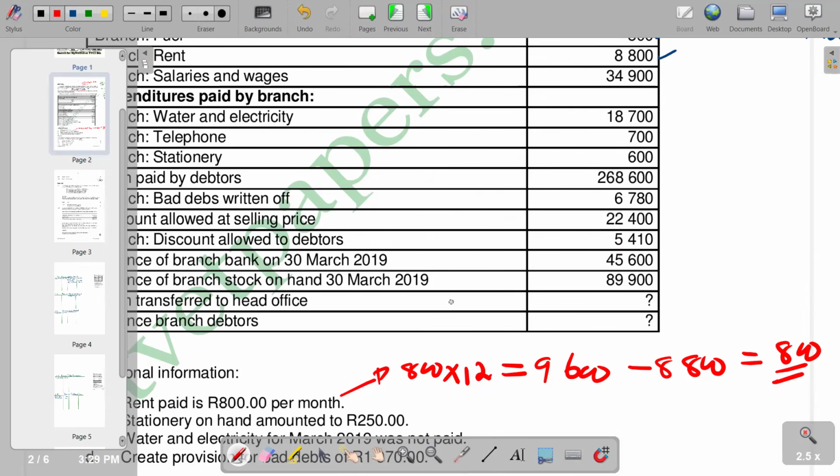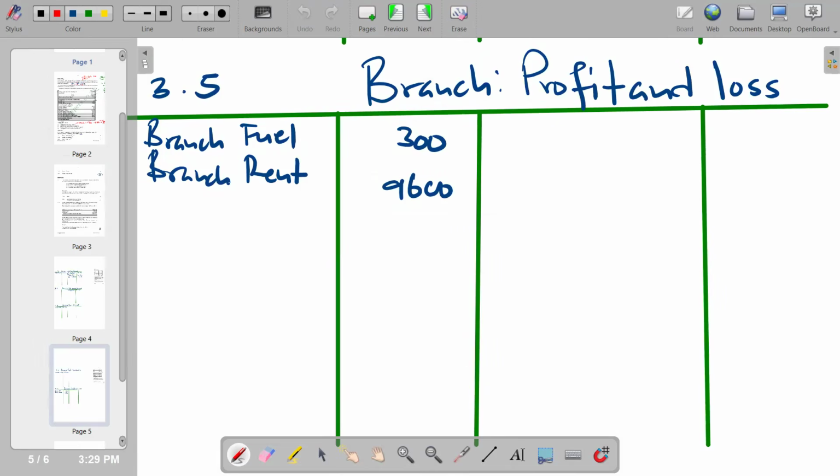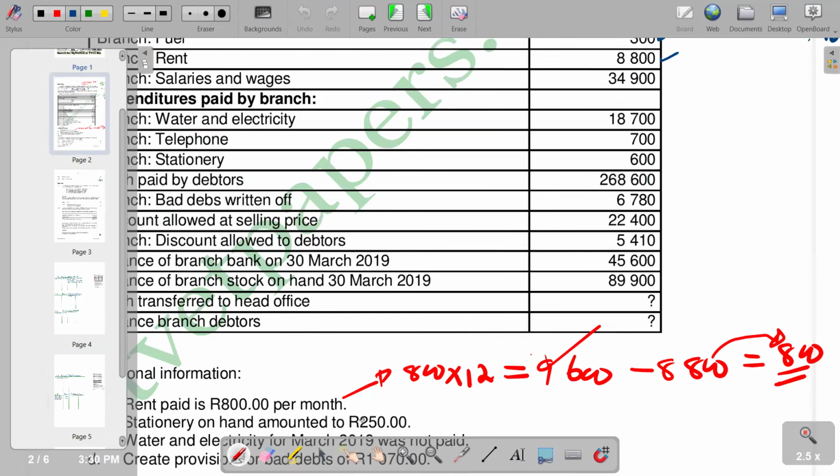So you provide it in the brackets to show that there's something that was outstanding by saying 8,800 plus 800. You will get to 9,600, which is supposed to be for the period. So we come here, we indicate as such, so we are saying 8,800 plus 800 in brackets. And then from there, we'll move on to the next item,